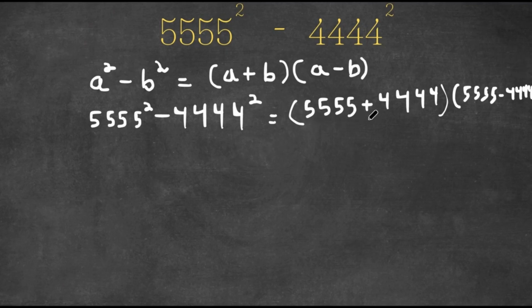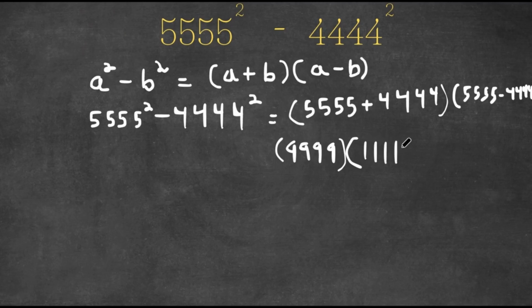So now 5,555 plus 4,444, that is simply 9,999. So we have this times 5,555 minus 4,444 is 1,111. Now 9,999 is the same thing as 10,000 minus 1. So now we have 10,000 minus 1 times